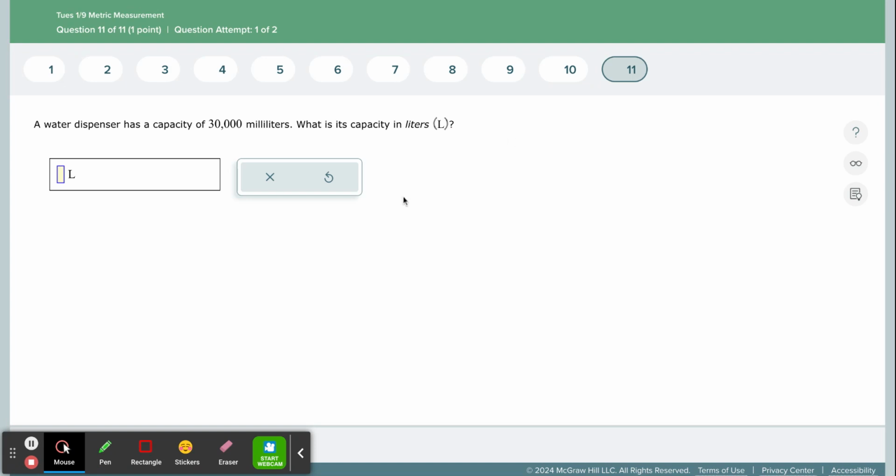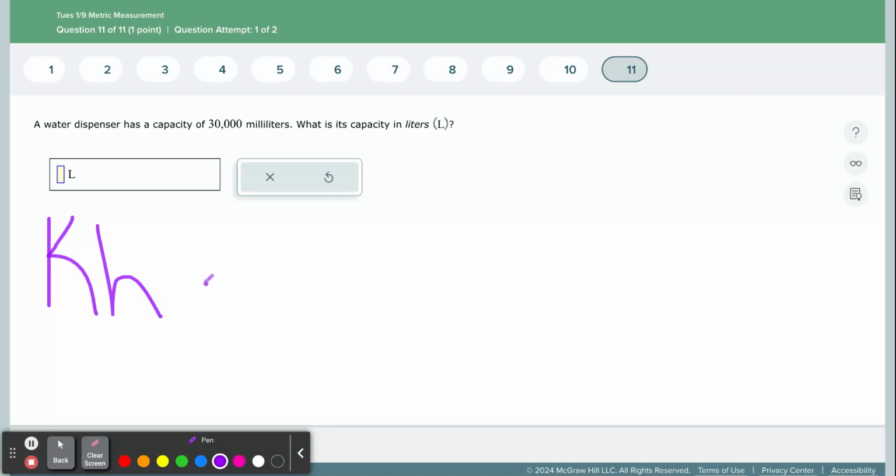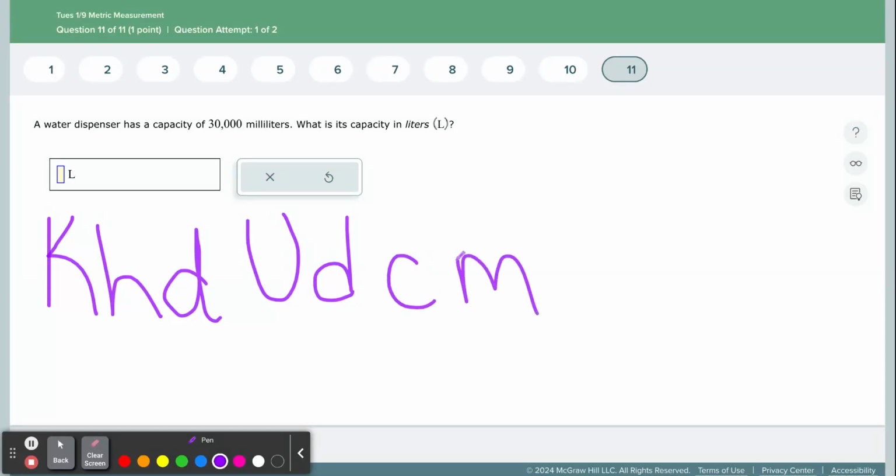Hopefully you're starting to remember our little saying, because it takes me so long to write it out because I'm writing on my computer pad. Okay, so King Henry. What does King Henry do? He dies unusually drinking chocolate milk. Cool? All right. So the U stands for any unit. Are we working in meters, liters, or grams? So in this specific problem, we are starting out with